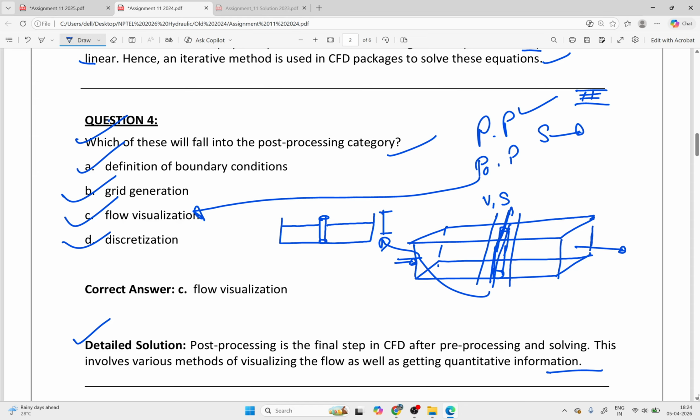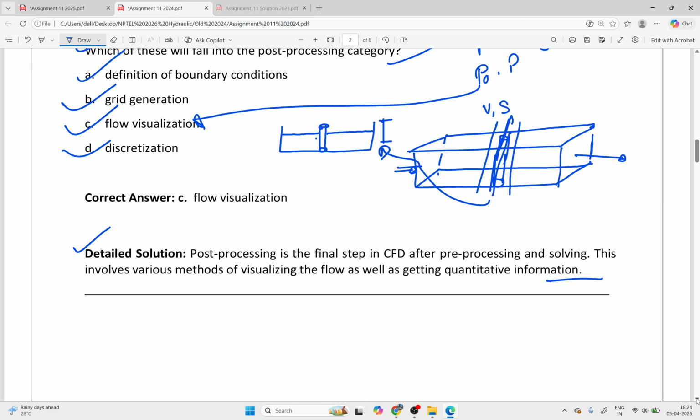Okay, so now we'll move on to quantitative information. You will get some idea about it. Here, let us suppose the velocity near this spur, maybe the streamwise velocity will be less, but the secondary current and all will be more. But more means how much more, whether it is 1 meter per second or 0.5 meter per second. So quantitative information you will also get. So now let us move on to question number 5. Very important.